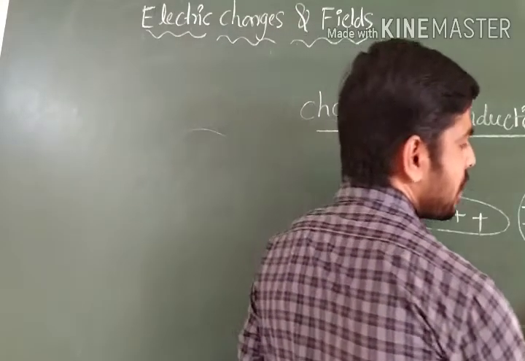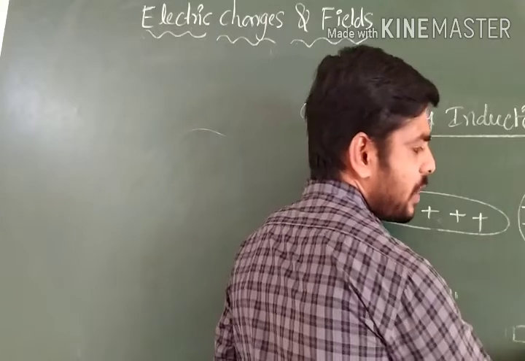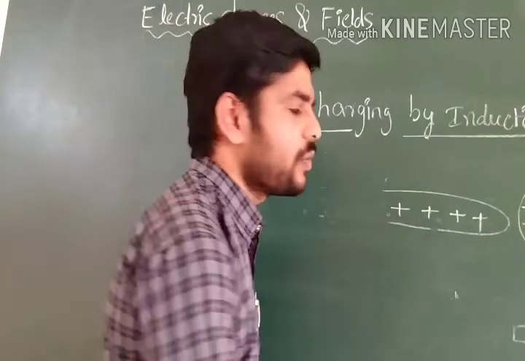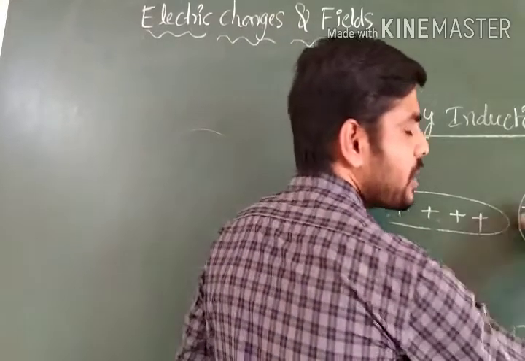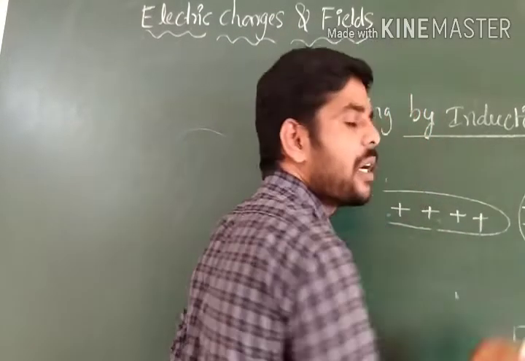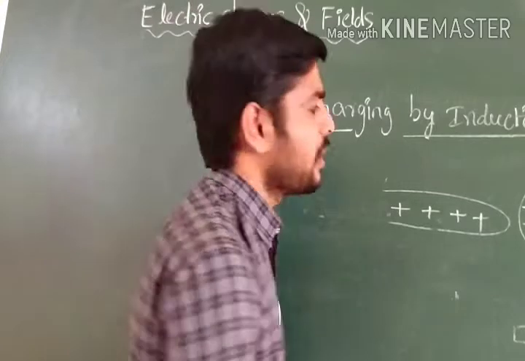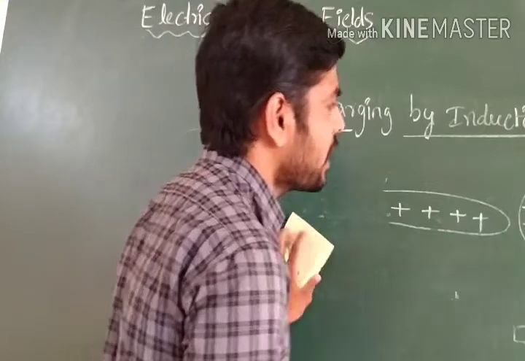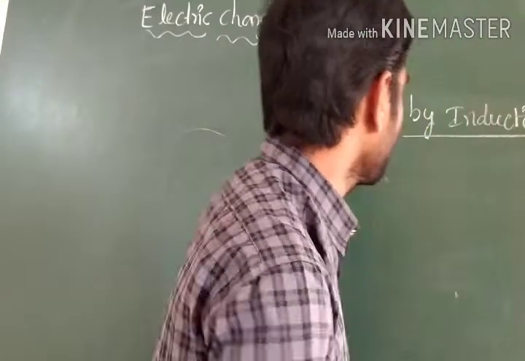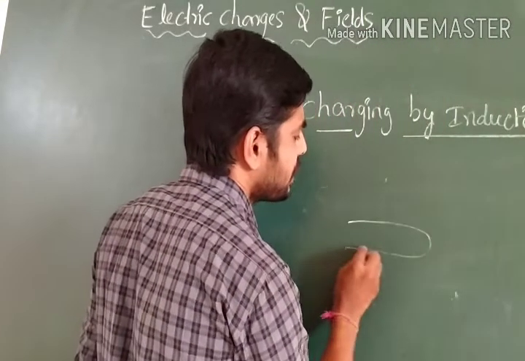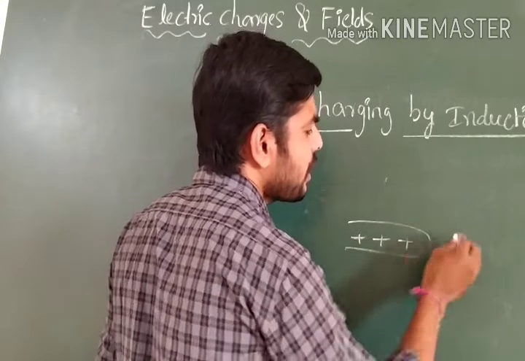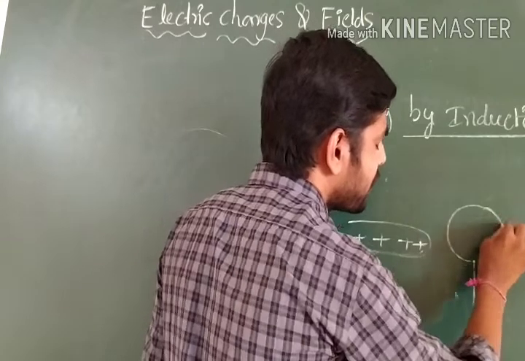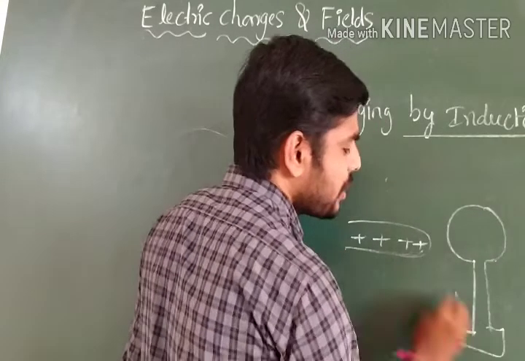So in this process, immediately the negative charges move towards the sphere. If they move towards the sphere, plus and minus again become neutral. Are you following? Immediately the diagram becomes like this. See, observe it. Same rod. This was induced like this, and this was induced like this, and one of the spheres I am taking. This one is like this.